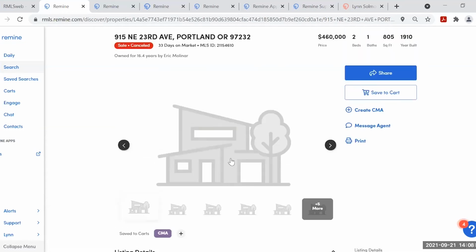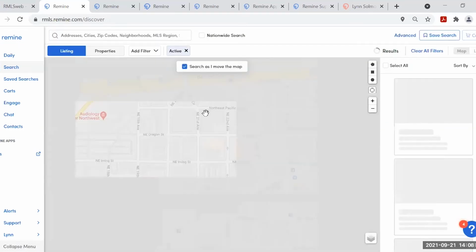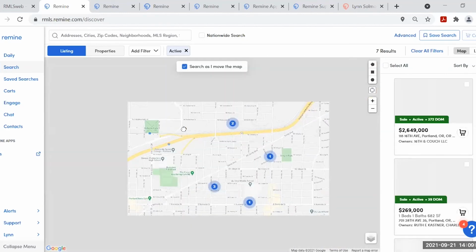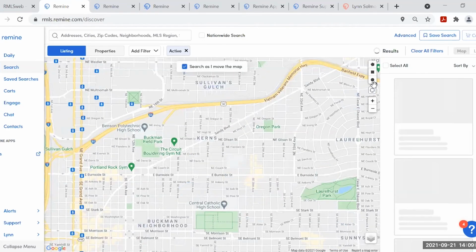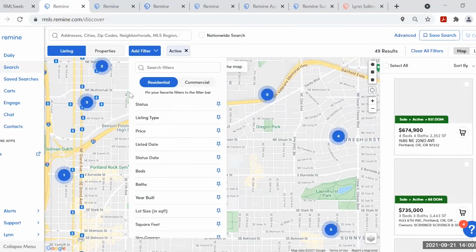Okay, so let me go back to search again. Okay, and I'm just going to show you if you want to save a search. So I have it on listing.